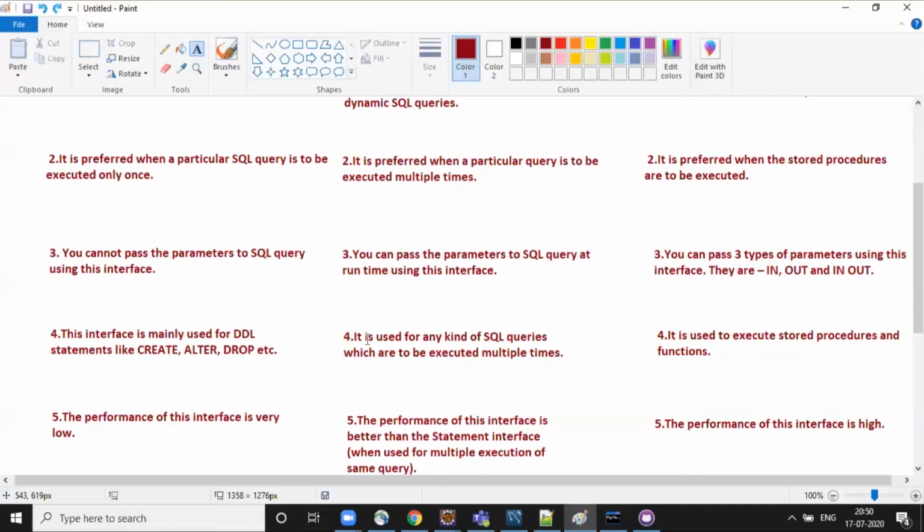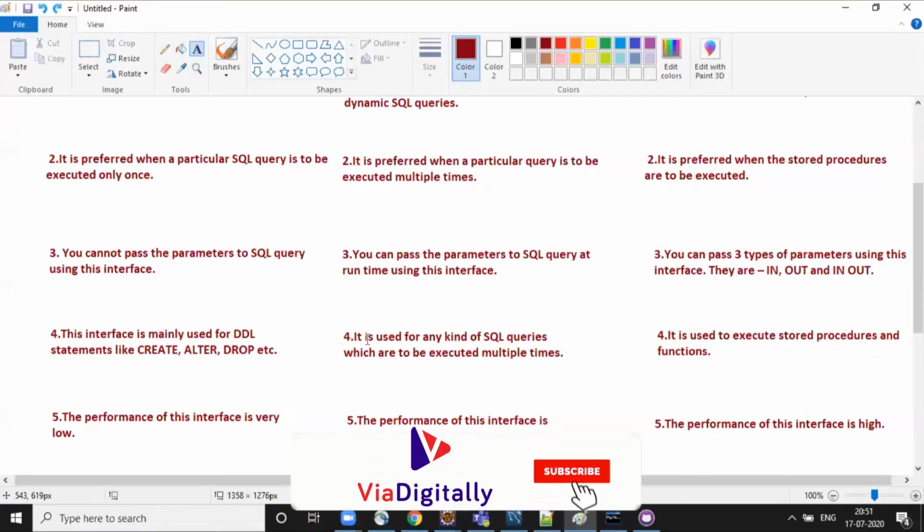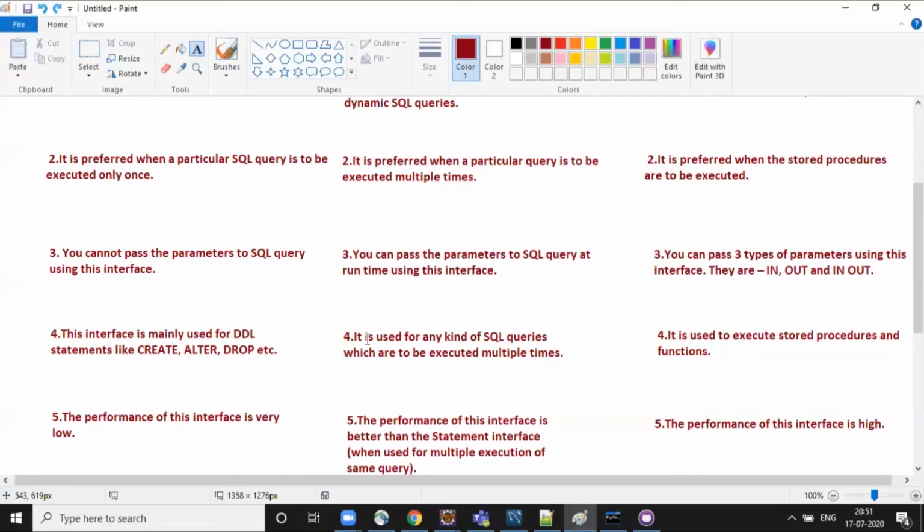If you observe, in the case of the simple statement object, 10 times we need to write the query, parse the query, and compile the query. The performance is very low, because we need to execute it 10 times. Coming to the prepare statement, parsing and compiling happen once, and we set the values multiple times. Compared to the statement object, it is very good.